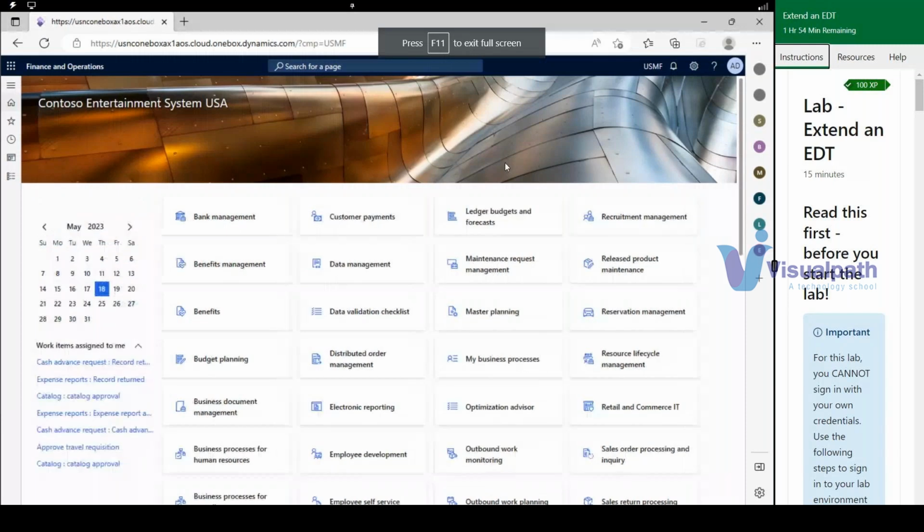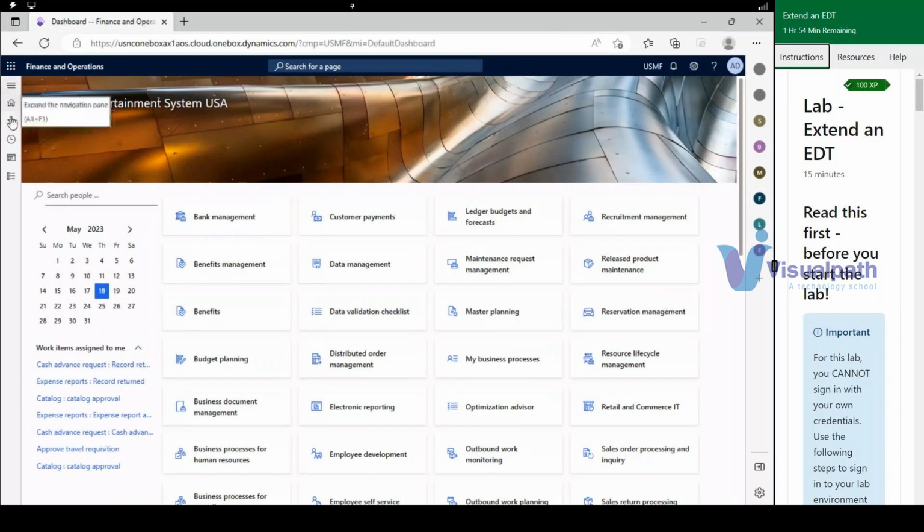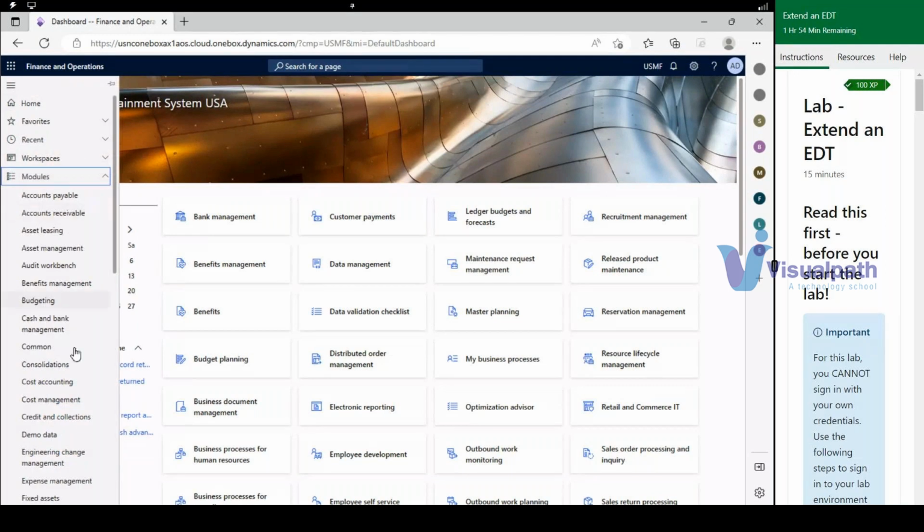Okay, so this is the application. It's a kind of user interface where the application end users will access the application and try to access the different modules I was discussing, right? Like accounts payables, accounts receivables, and these are all the list of modules. Each module serves a specific requirement. Like when I'm talking about sales,